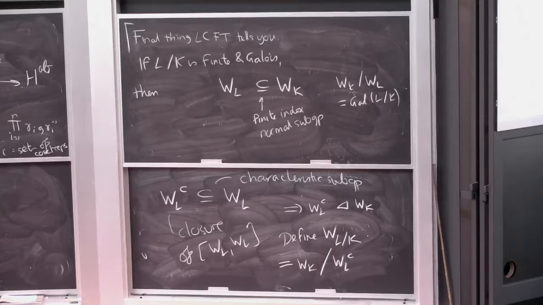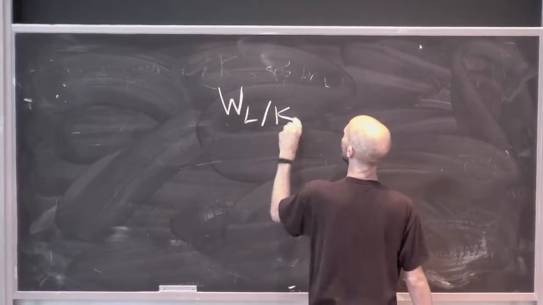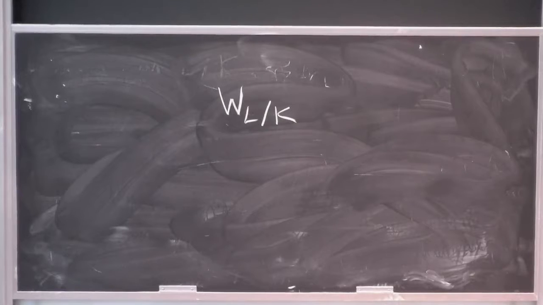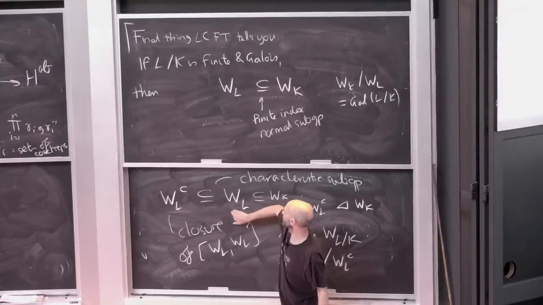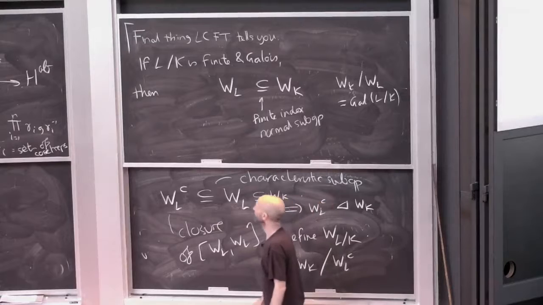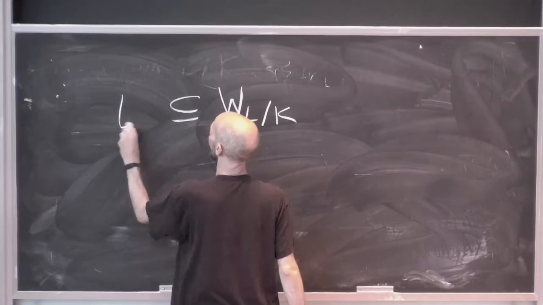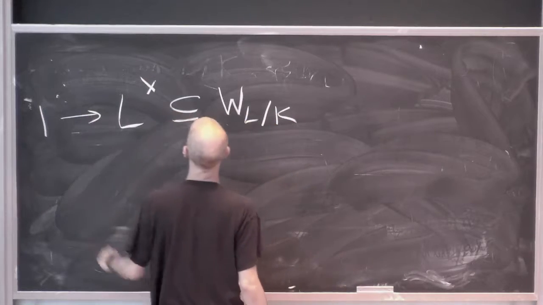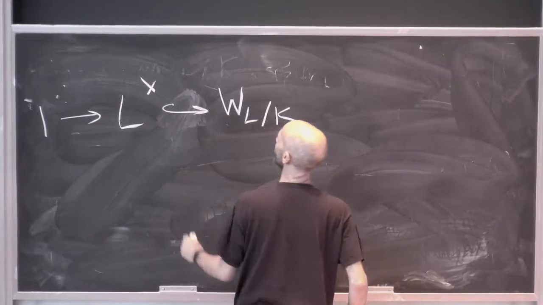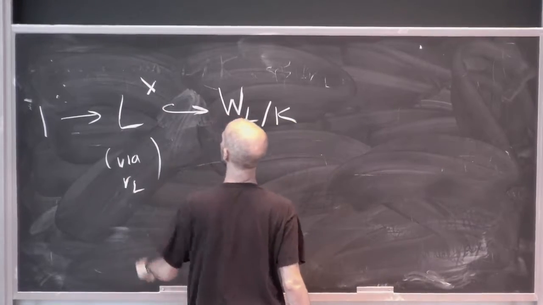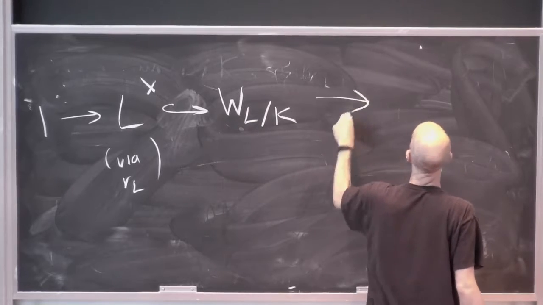This W_{L/K} is W_K over W_L^c. And so W_{L/K} has some structure. This is the quotient of W_K by W_L^c, but we have this W_L. You see, we have W_K and then W_L and then W_L^c. And this quotient here, W_L over W_L^c, that's W_L^ab, and so we know what that is. So W_{L/K} contains L star, via r_L. So we have L star into W_{L/K},